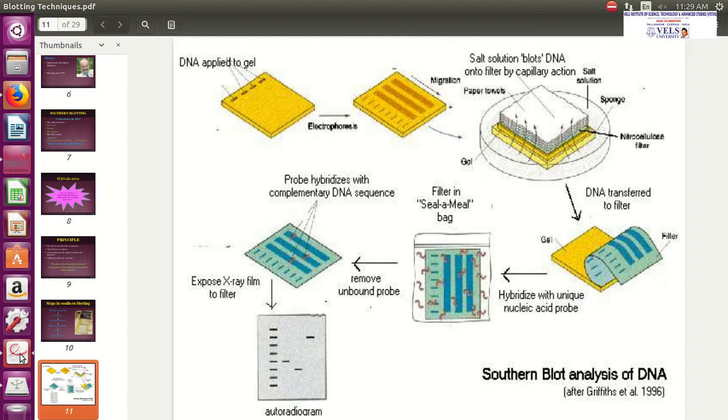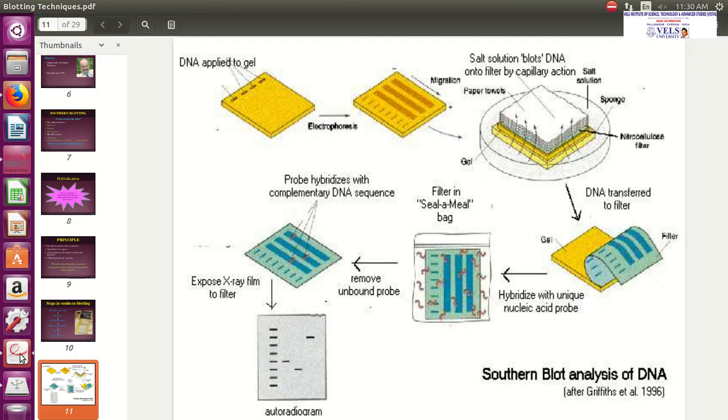After a particular time the DNA is transferred, because the gel is above the sponge, the nitrocellulose membrane above the gel, and the paper towels above the membrane. Because of that, whatever DNA is present in the gel will move on to the membrane. So DNA is transferred to the filter,